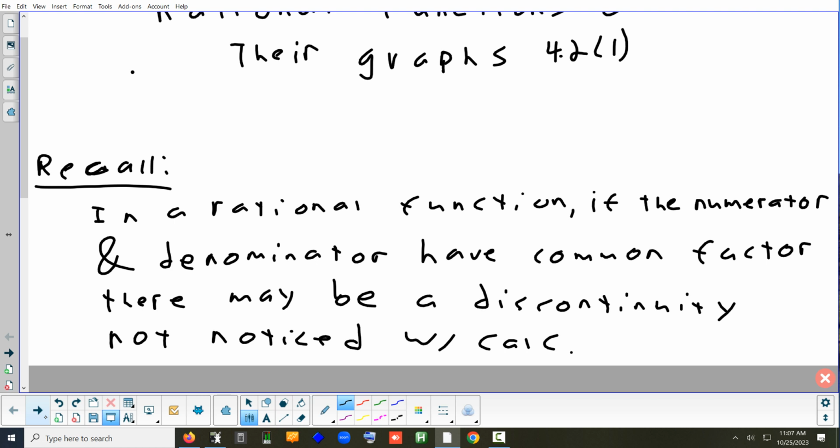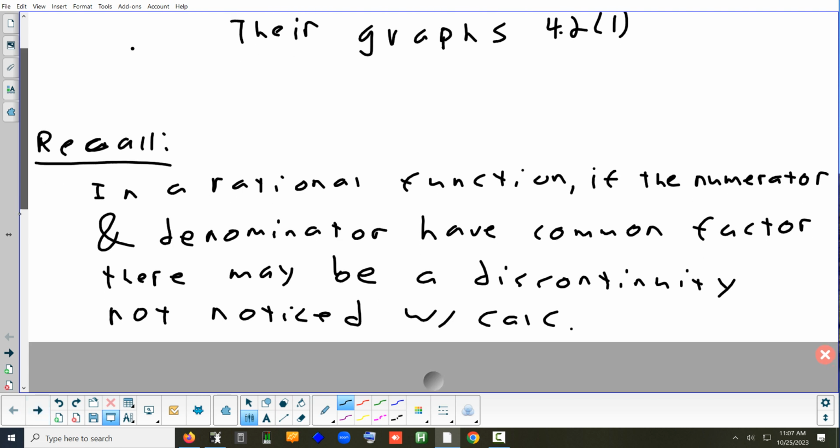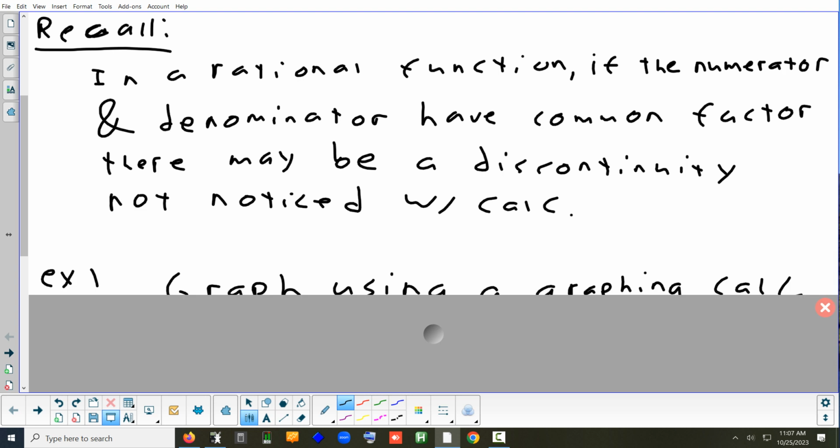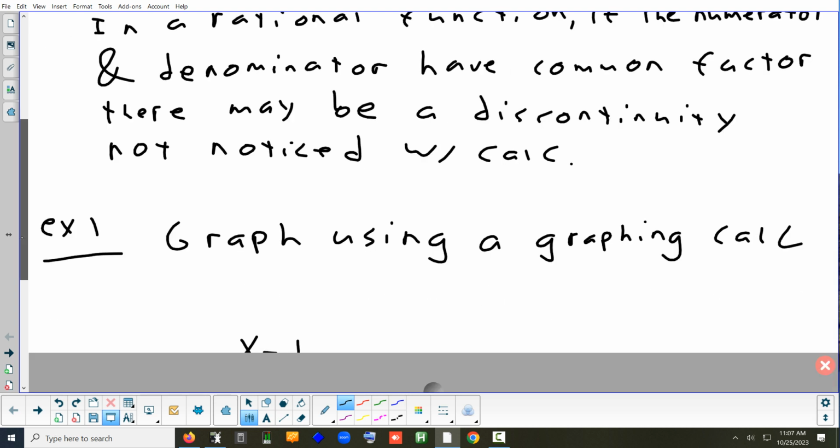If you do have a common factor, you can get a gap in the graph that you can't see with the calculator. We call it a hole, right? It's so small that you can't even tell it's there. The only way you know it's there is looking at the original problem. So let's graph